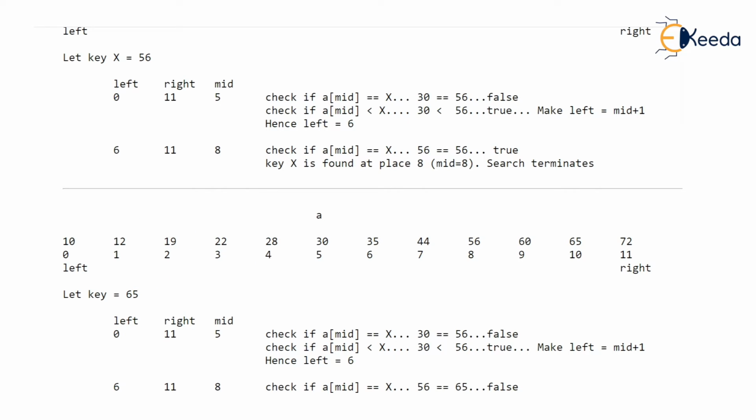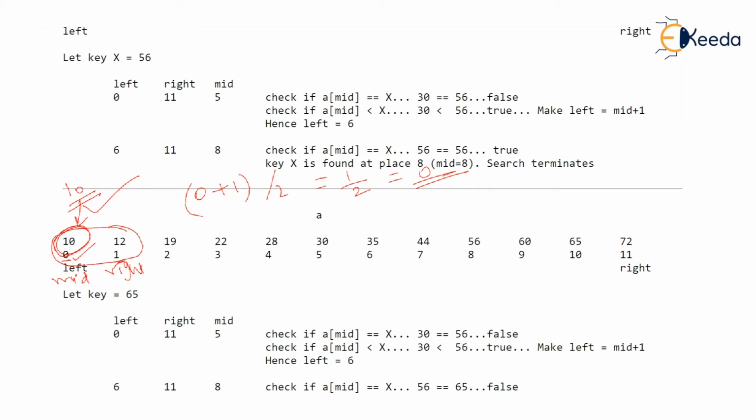We are now searching 10 in this part. Let's find mid again. Mid is 0 plus 1 upon 2. Be careful. 0 plus 1 upon 2 is 1 upon 2, which is 0, isn't it? It's not 0.5. So mid we have got now is 0. Just go and ask at the mid: is it 10, the value that we are looking for? Yes, it is. And the value is present at the place 0.